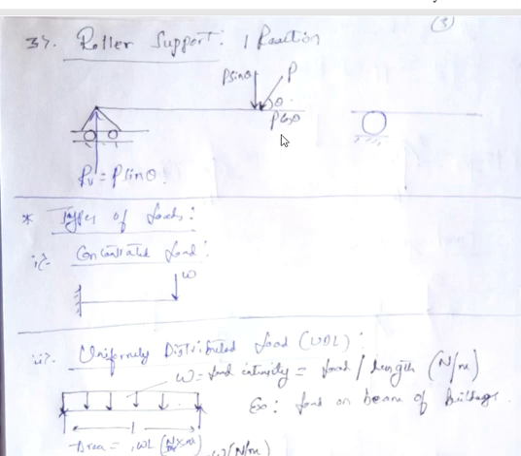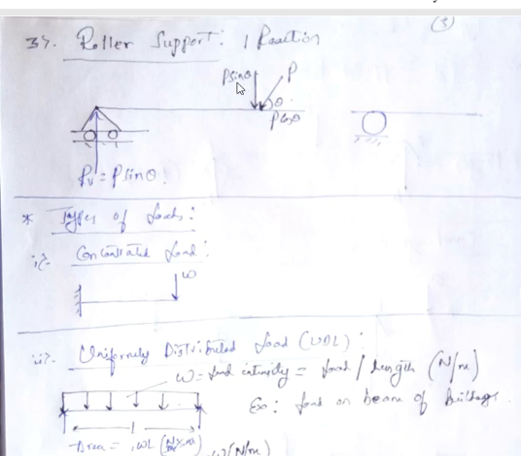First look at this. P cos theta is applying a force on this beam in left side direction. But as soon as I apply this force, because of this roller, this support will not resist the movement. As soon as I apply force in left side direction, this beam will move along the left side direction. You can see here also, when I push this beam in left side direction, then it will easily move in left side direction. Best example is our wheelchair. You apply force in left side direction, it will not resist any movement.